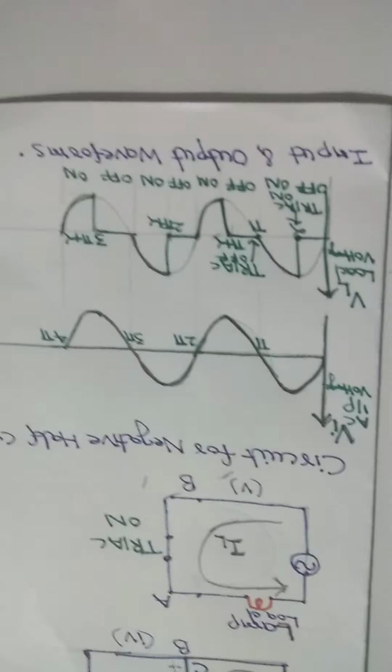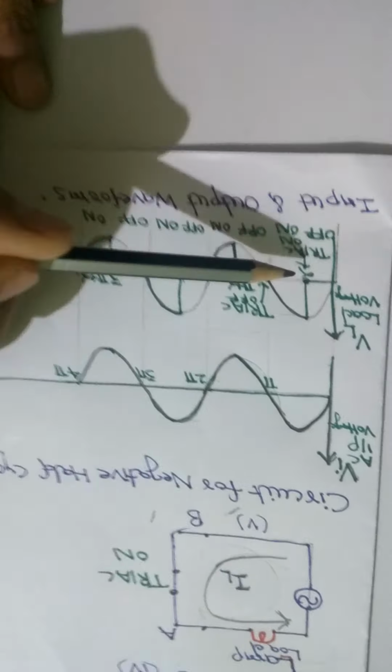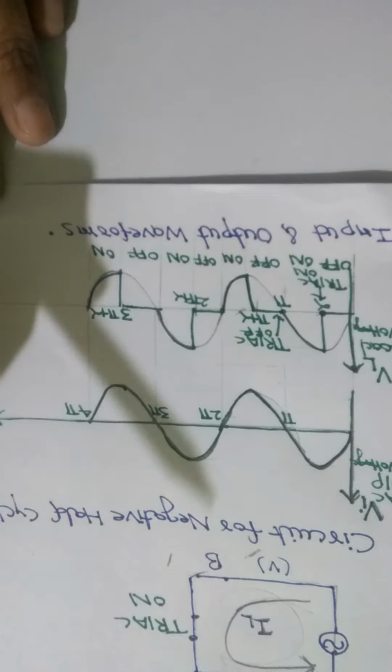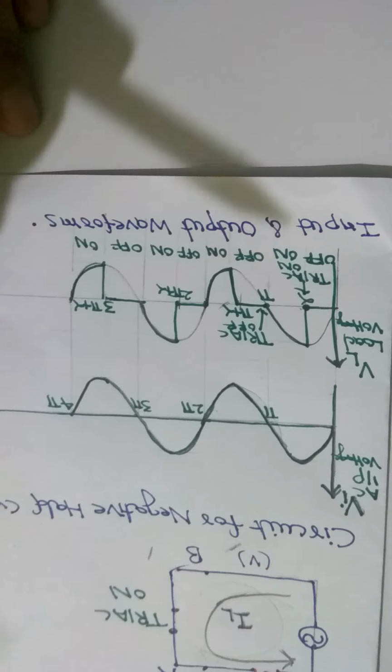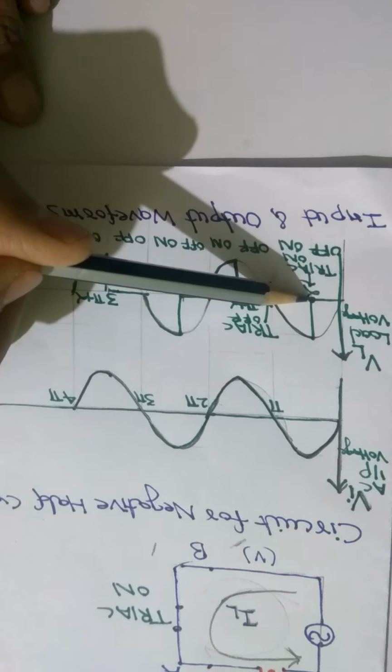Now we see the circuit operation with the help of these waveforms. This is the input voltage. It consists of a positive half cycle and a negative half cycle. For the positive half cycle, the voltage across the capacitor C equals the breakdown voltage of the diac, and the triac is turned on when the capacitor voltage is applied to it. This diac acts as the triggering device for the triac, and hence at the firing angle alpha, the triac is on and remains on up to pi.